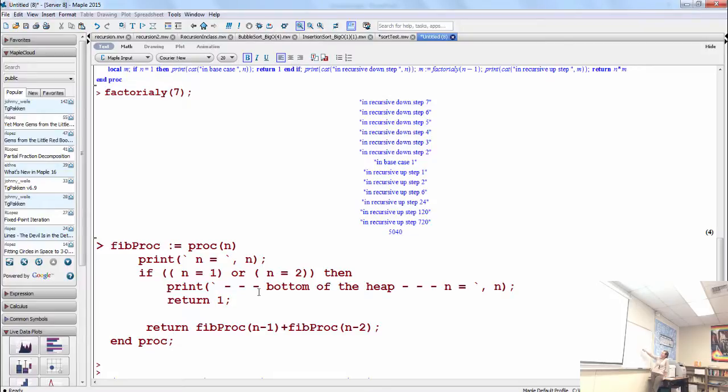If this is n, then this guy is n minus 1 and this guy is n minus 2. And remember, when we get to the end, that's when we have to return the 1. When n is 1 or 2, that's when we return that 1 value.